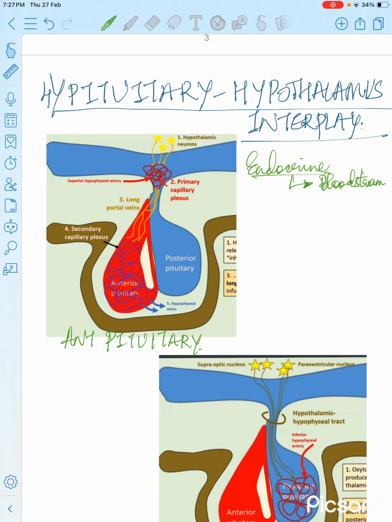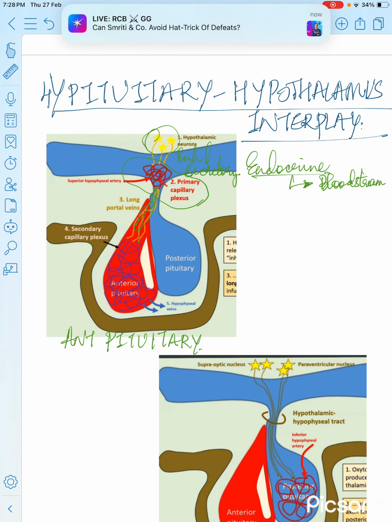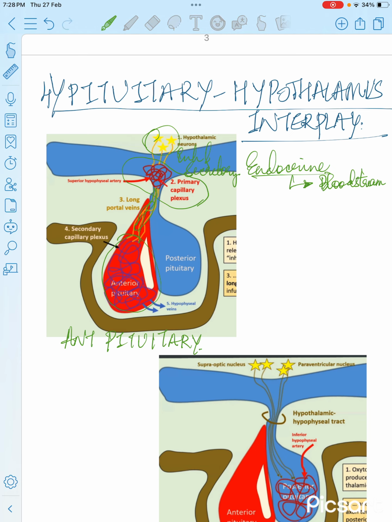So how does this work? Basically, the hypothalamic neurons secrete inhibitory and secretory hormones into the primary capillary plexus located in the pituitary infundibular stalk, and through the primary capillary plexus they are drained through the long portal veins into the secondary capillary plexus located in the anterior pituitary. These are then stored here, and depending on the needs of the body,